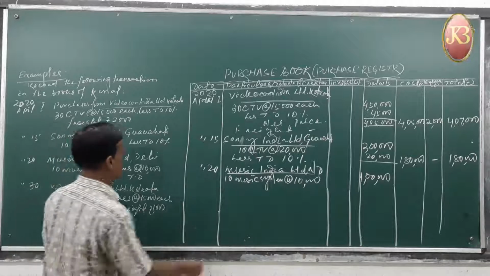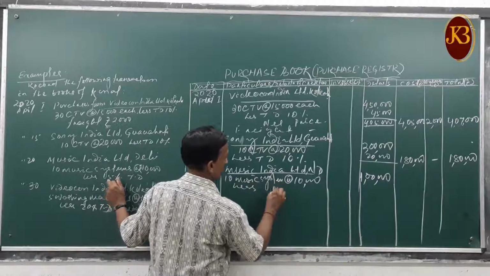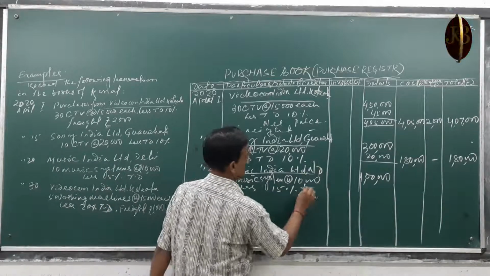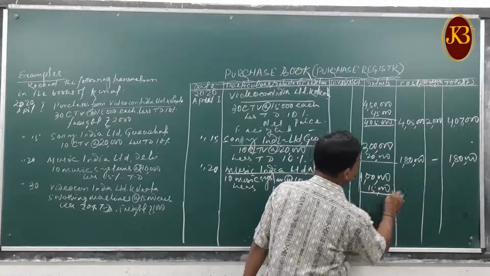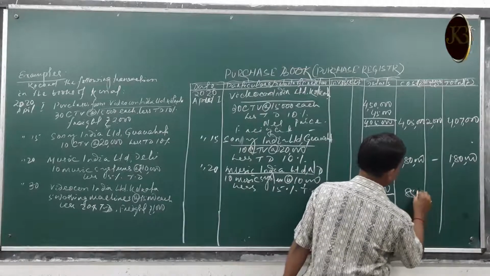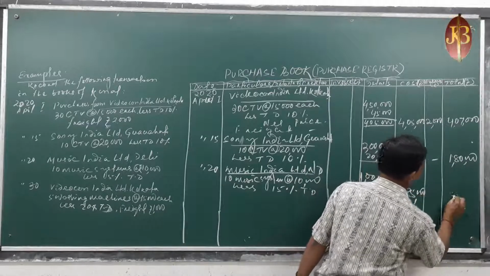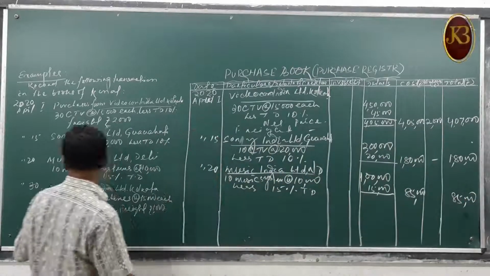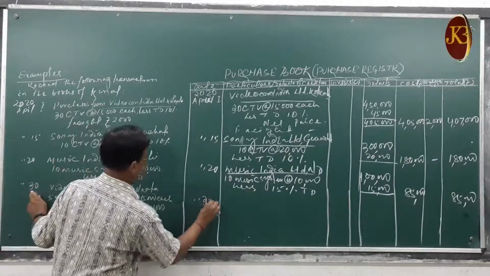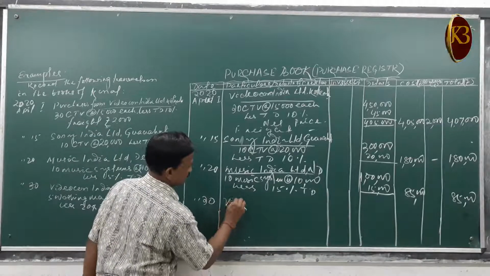Then less 15% trade discount. This is 15,000. Net amount 85,000. Total amount 85,000. Then again April 30, Videocon,